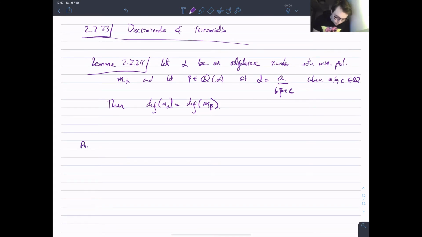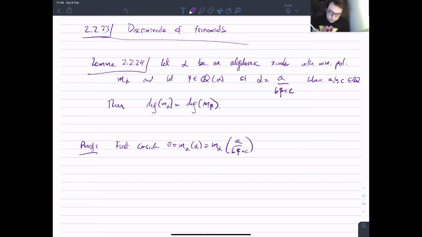So here's the proof. The proof isn't hard. First consider that m alpha of alpha is the same thing as m alpha of a over (b beta plus c), and we know it's 0 because alpha is the root of its minimal polynomial. By clearing denominators, we see that beta satisfies some polynomial